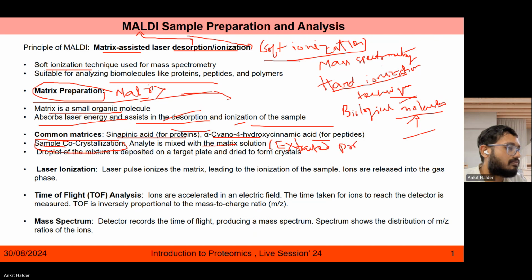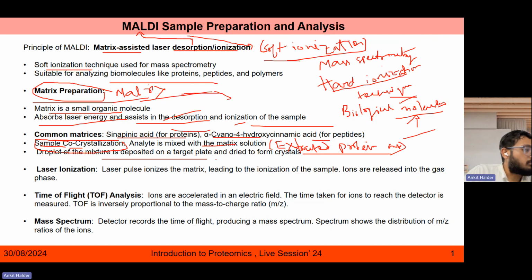That is called the sample, and you will be crystallizing it with the matrix. That is known as sample co-crystallization. Now a droplet of the mixture is deposited on your target plate, and it is tried to form